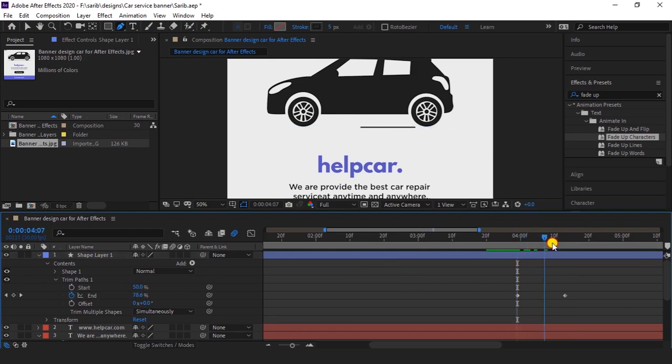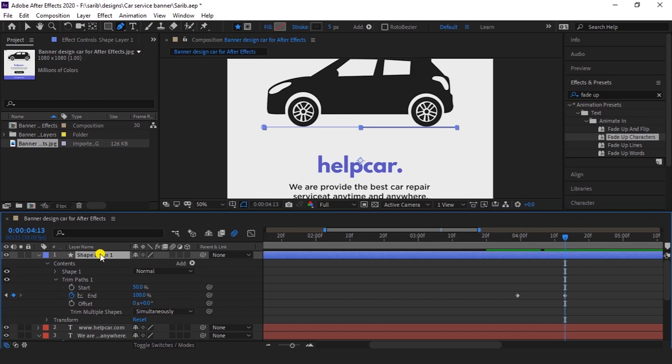So if you play now, so you will get animation like this. Okay, so I have animation on the end key. Don't click on stopwatch icon on the start. Make sure you are animating on end. Okay, I hope you understood.